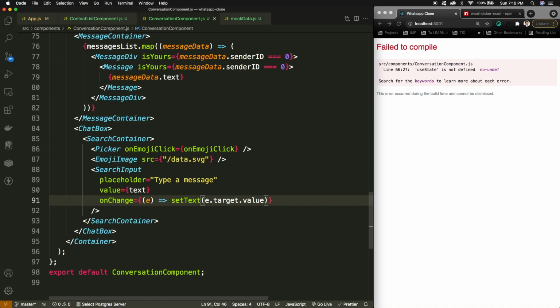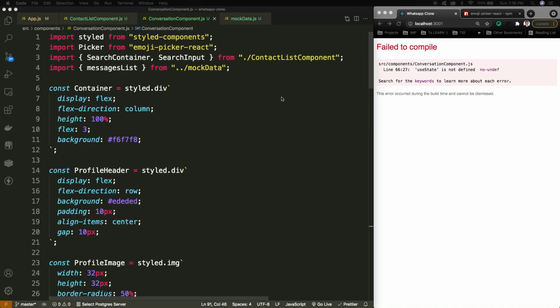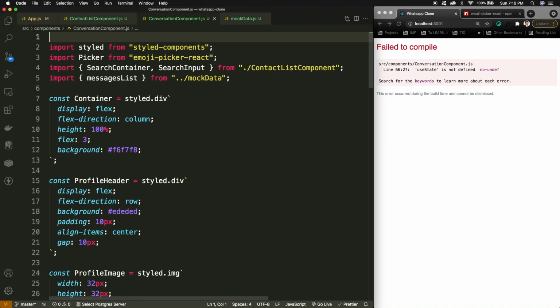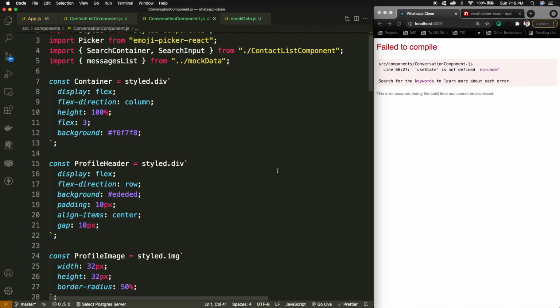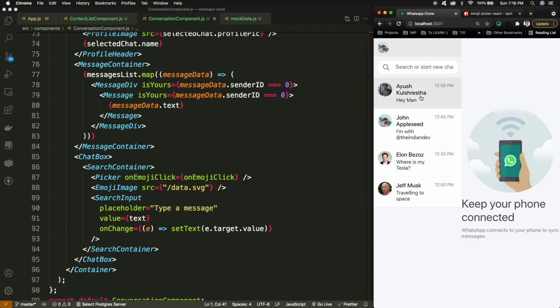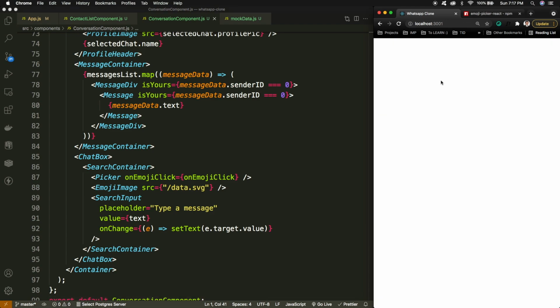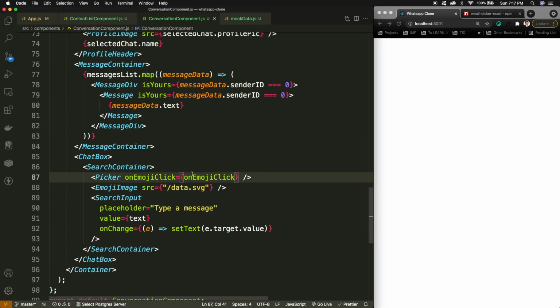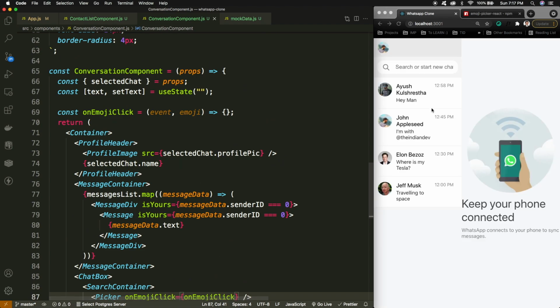So this way, okay, it is saying that use state is not installed, so I'll be simply importing that part onto the top of this file. So yes, now we can go here. So if I have selected this, okay, some error is there that we will check. On emoji click is defined.